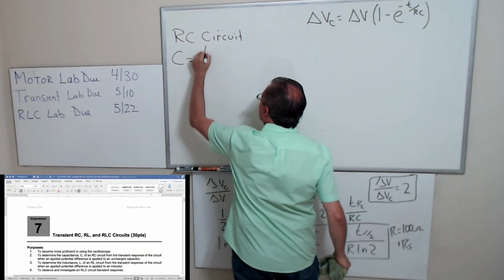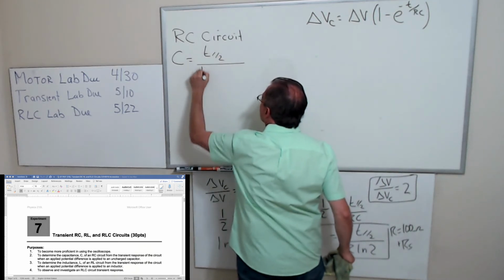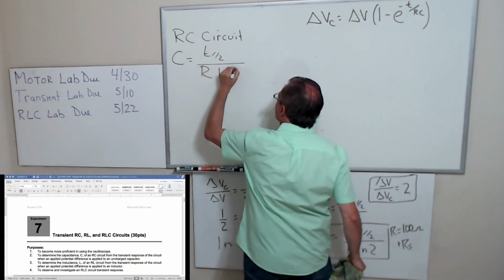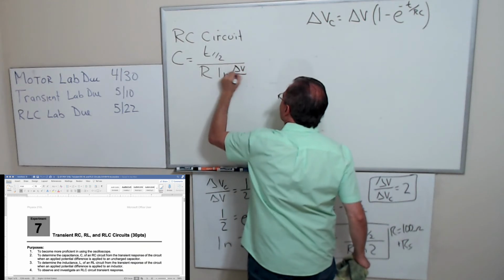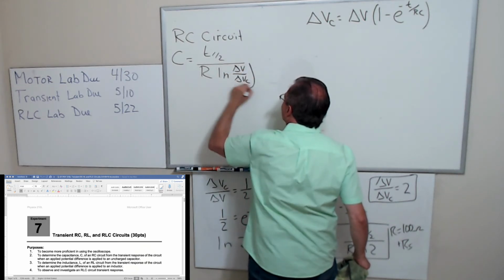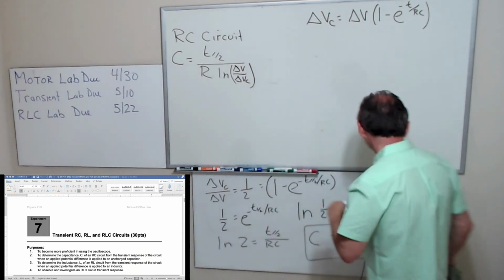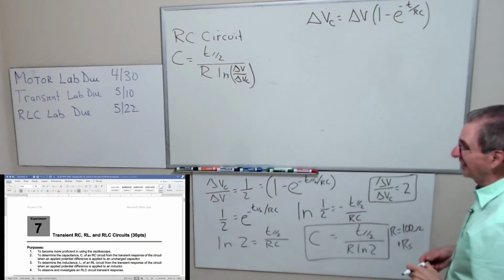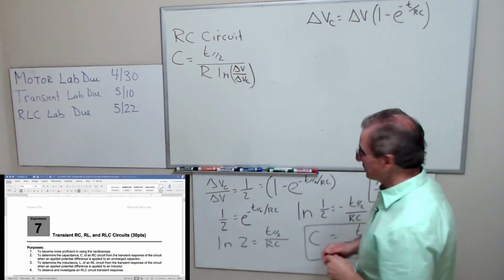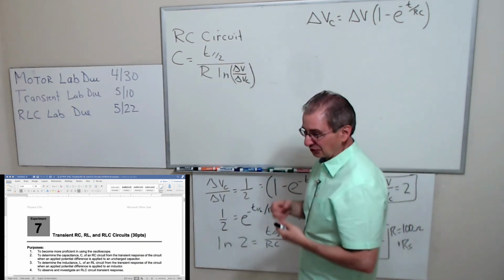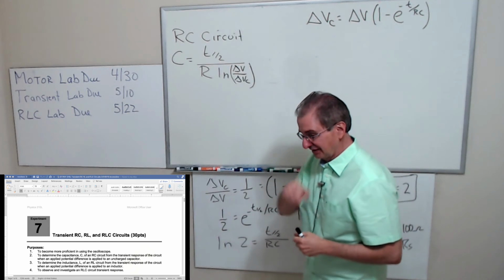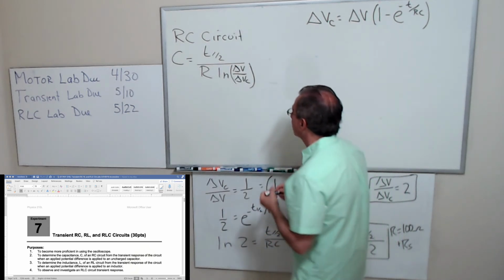There is T half, there is R, there is delta V sub C. So there's 4 measured quantities there. We're assuming this ratio is 2, we want to set this to 2, but there's an uncertainty in that. And so we want to calculate